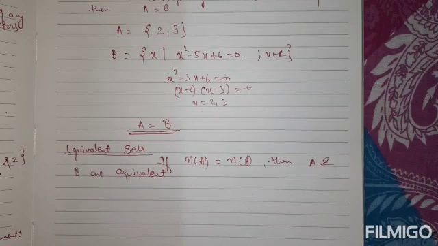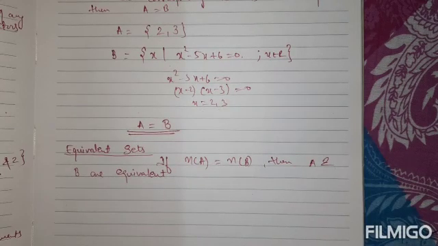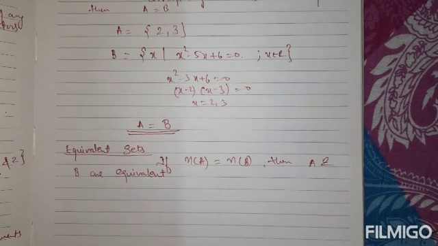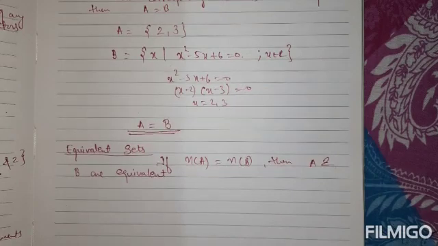See students, the exercise 1.2 of your chapter 1 Sets in the NCERT textbook is based on these topics only. The second exercise is extremely easy, and you can go through the questions very easily. All the questions are very easy and objective type only. You will hardly take 5 to 10 minutes to solve the 6 questions present in this exercise. And now we will move towards the next topic, that is subsets.